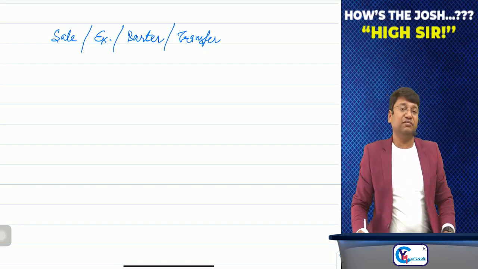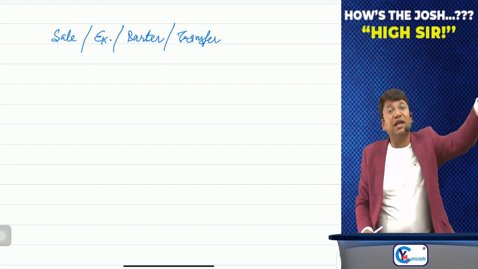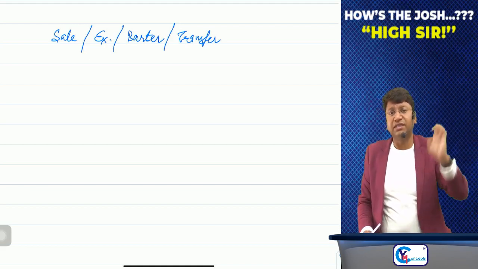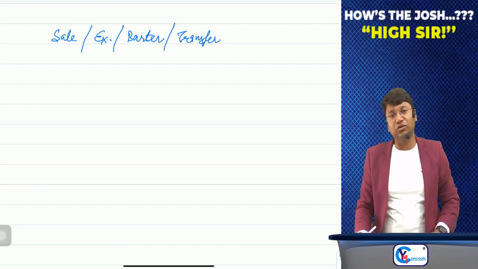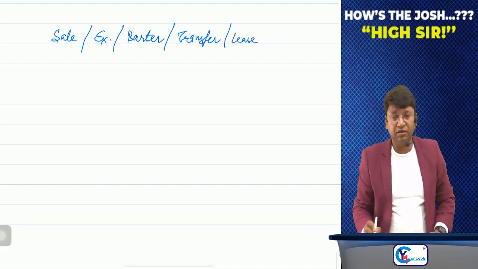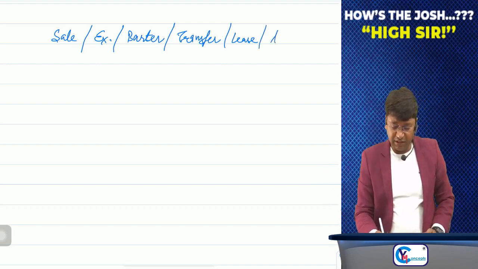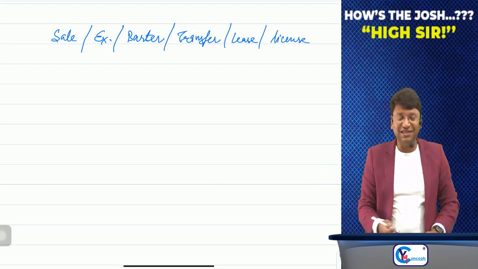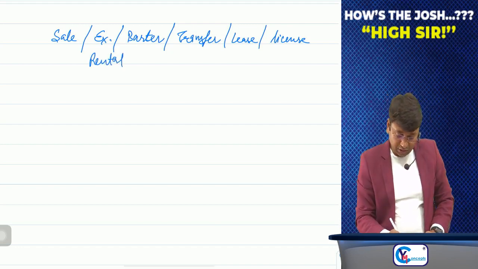Sale, exchange, barter, transfer. Sir, I am transferring the assets of my business to any of my other branch, suppose I am located in Maharashtra, another branch is located in Chennai. I am transferring the goods or services to that branch. Yes, it is also supply. Sir, sale, exchange, barter, transfer, lease. Sir, any lease, I have given any machinery on lease to you, finance lease, operating lease, etc. Sir, license to operate a software. Clear? Sir, lease, license, rental. I have given some machinery to you on rent. Or, sir, disposal.